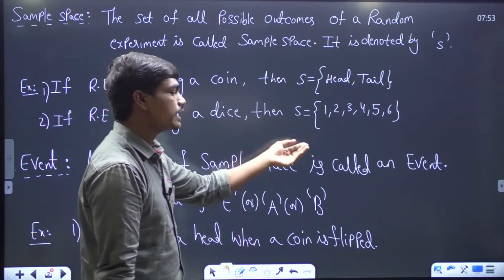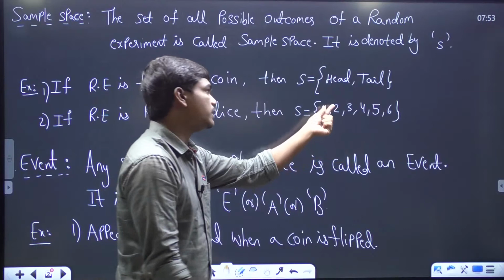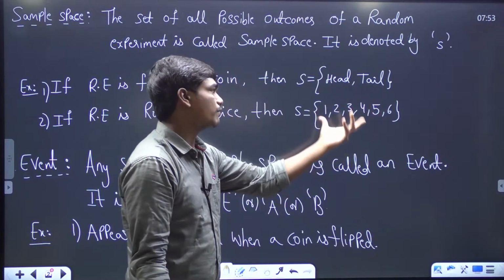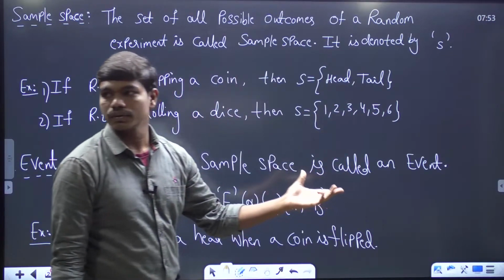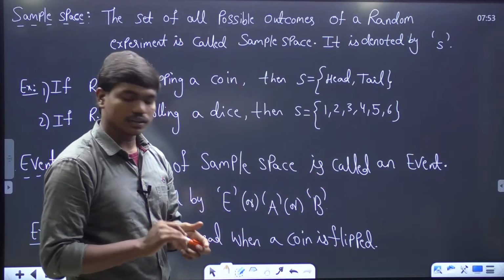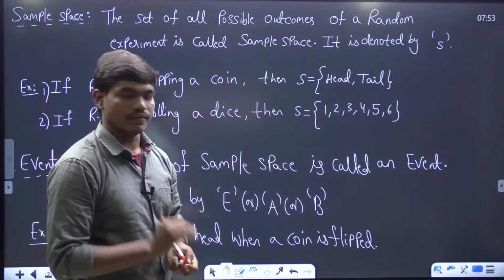Like for example, when you are rolling a die, occurrence of an even number, then you see 2, 4, 6, which is a subset of the total sample space. Yes, we call that an event. So any subset of a sample space is called an event. Okay, so